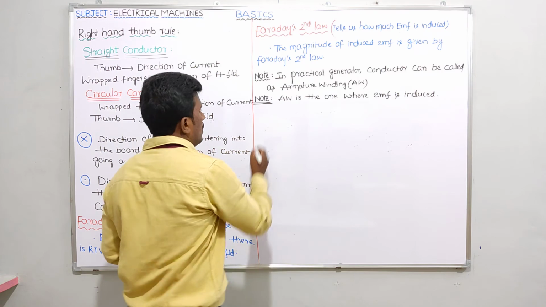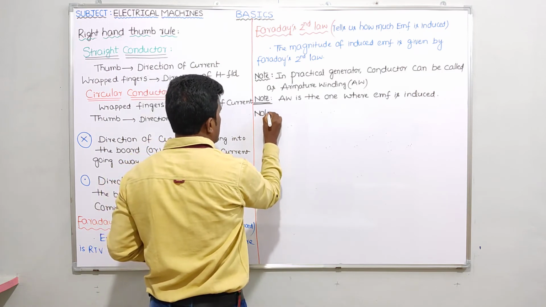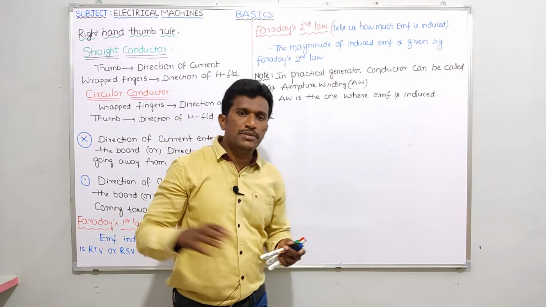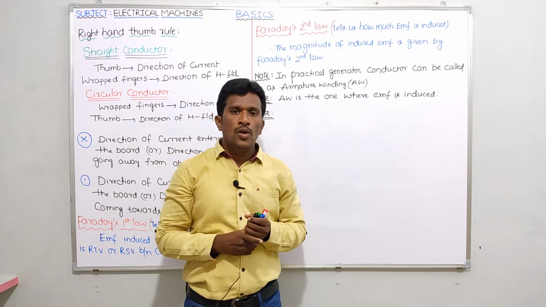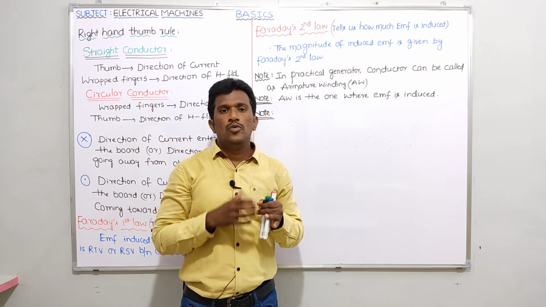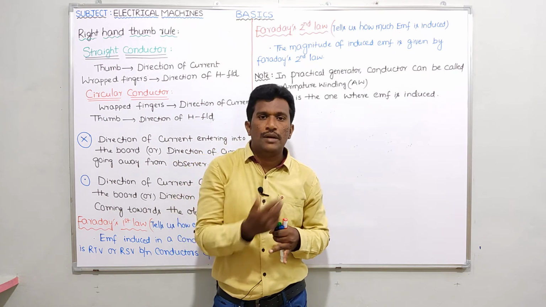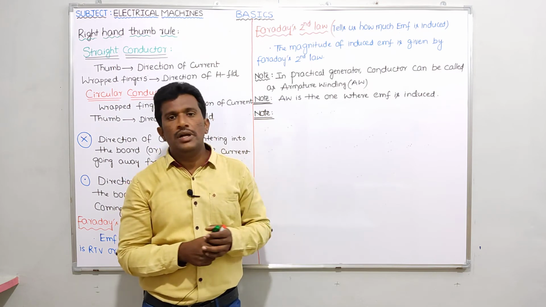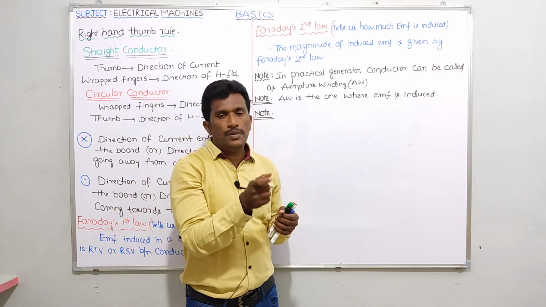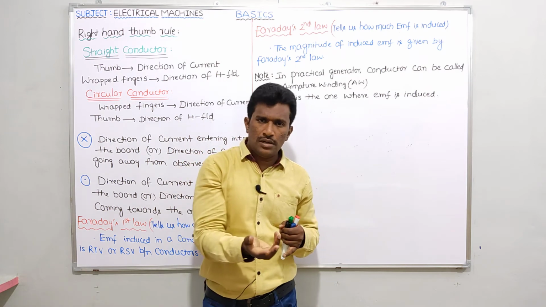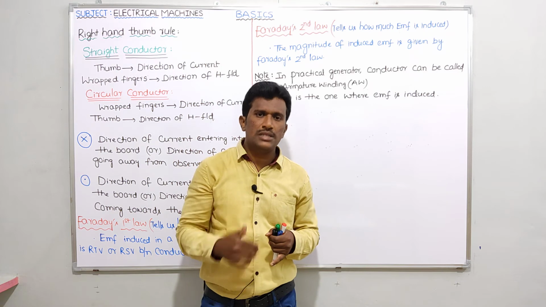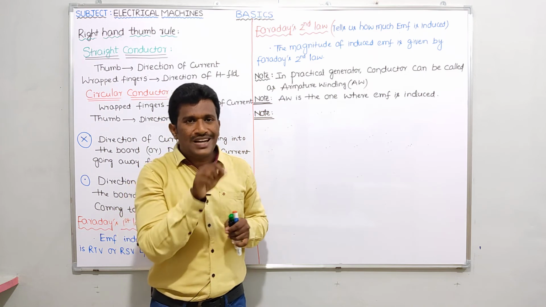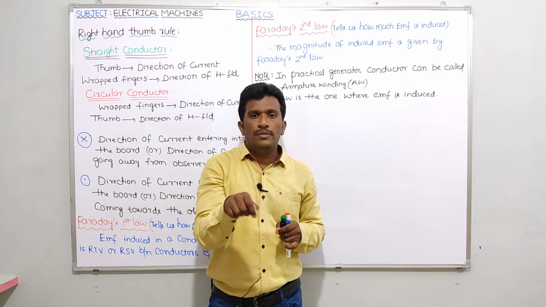Now similarly, let me give one more note. Tell me guys, what is the definition you can give for field winding? Once again, I am just taking that generator principle, so please try to repeat that principle once again. When a moving conductor cuts magnetic field, tell me, how can you get magnetic field? Yes, for getting that magnetic field only, we are using a field winding. Field winding will be there in case of alternator or synchronous motor or a DC generator or DC motor; we will be giving DC supply to the field winding. Is it clear? So some current is flowing in field winding, then the magnetic field will be produced.